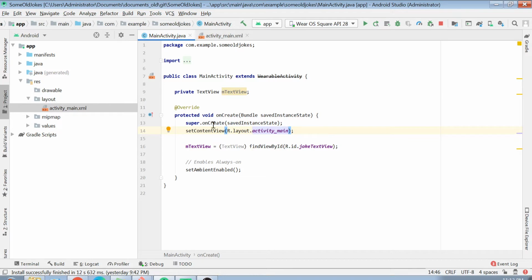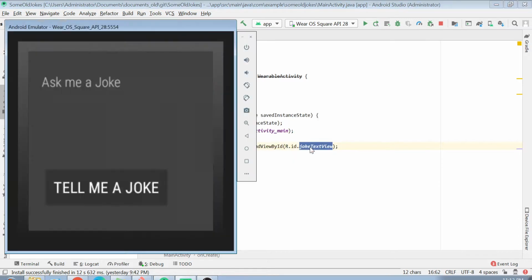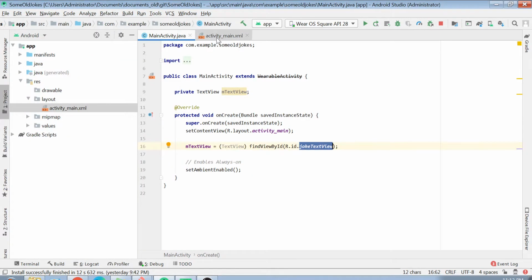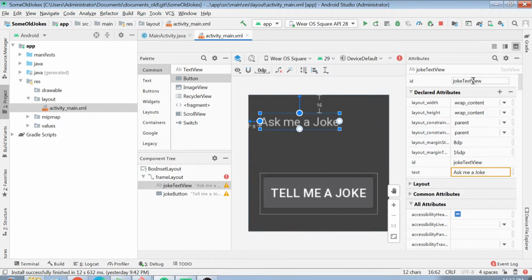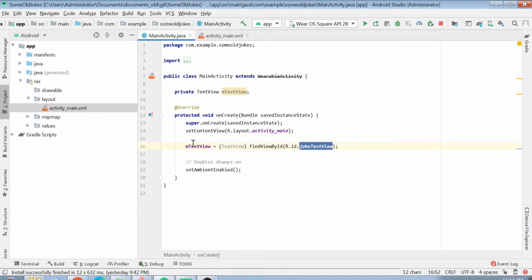So this text view is R.id.joke_text_view, and if you remember in my last video, if you go to activity_main.xml, the id we set was joke text view. Okay, so we set its id as joke text view. So now we have got access to this text view. And if I want to change the text of this text view here, all I have to do is just write here